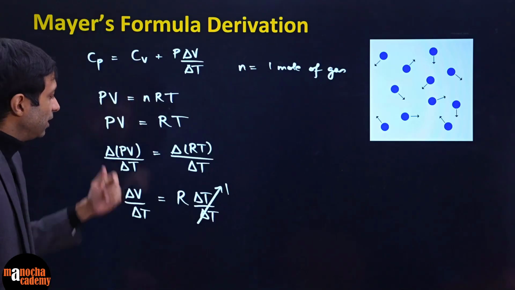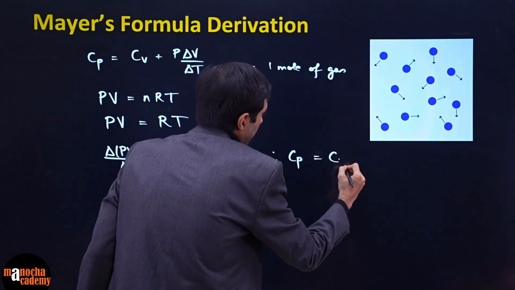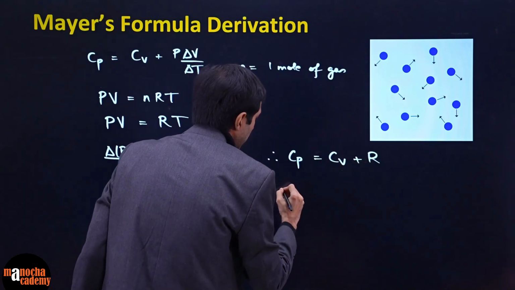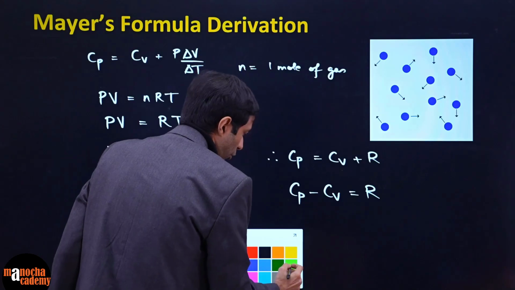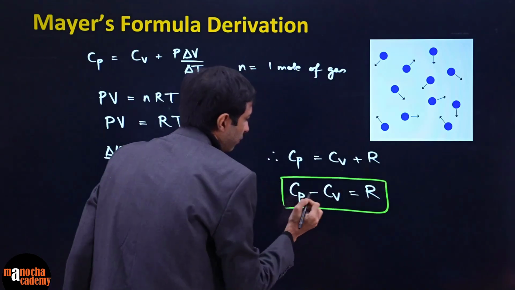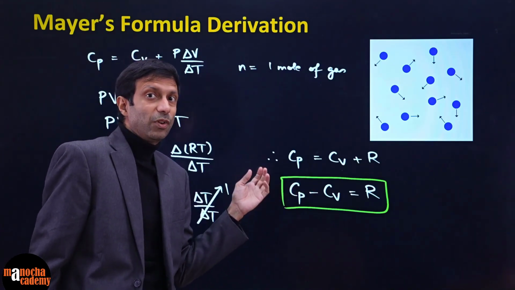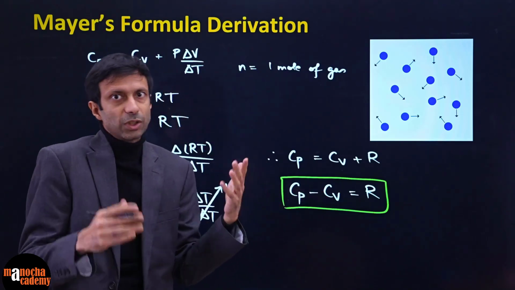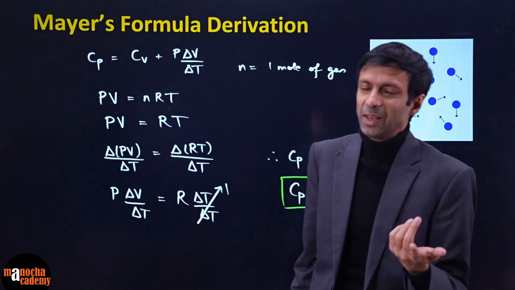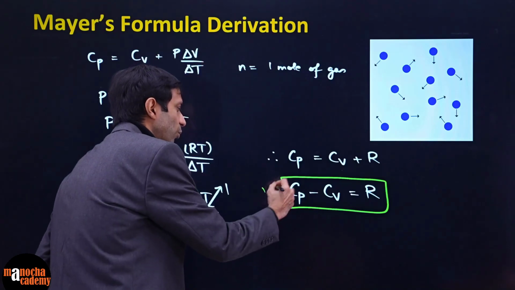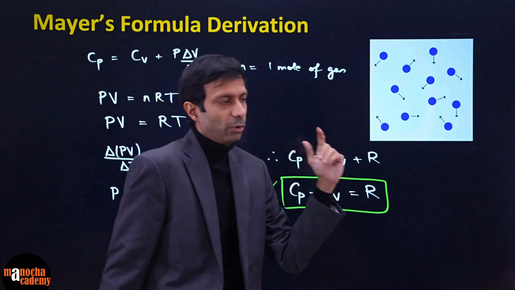So if you look at this and this equation, we have proved, therefore, Cp is equal to Cv plus the universal gas constant, or we can say Cp minus Cv is equal to R. This is called Mayer's relation, and we have derived it in a very simple way. Basically, Cp is always greater because here work is being done. That's the intuitive way you can remember. At constant volume, no work is done, so less heat needs to be supplied. So it's a smaller value to raise the temperature of 1 mole of gas by the same 1 degree centigrade. Is this derivation clear to all of you? The important Mayer's relation, also called Mayer's formula, is Cp minus Cv equal to R.